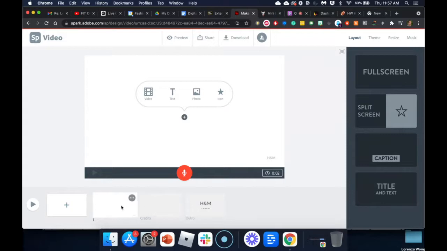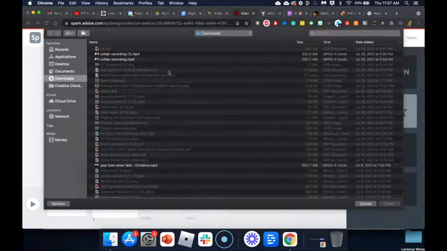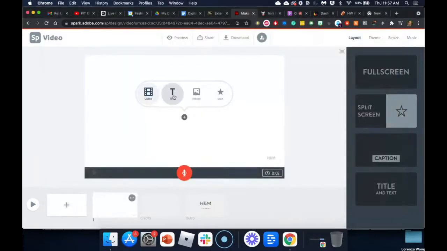As you can see, it's basically like PowerPoint. You're adding slides, and within the slides you can add video. If you click on video, you can import an MP4 file that you recorded with your phone or camera. You can add text, photos, and so on. This is where you would record: you click and hold the button and record as you're narrating over your slides. This is the 30-second max per slide, and then you give 2 seconds of dead air,